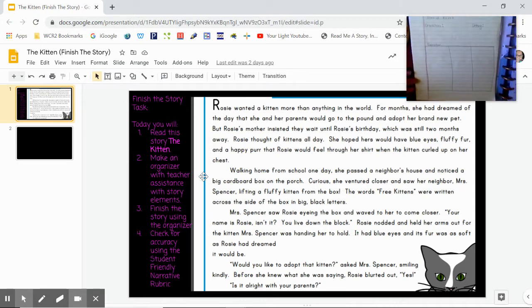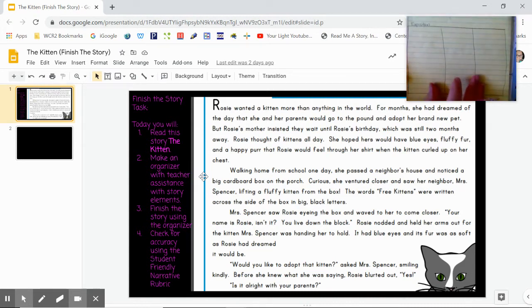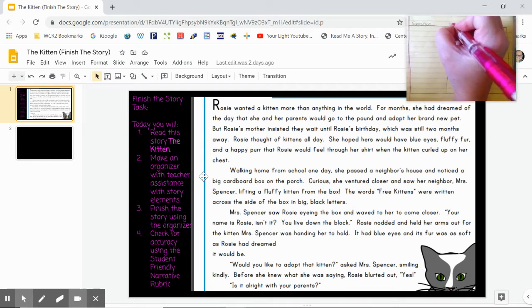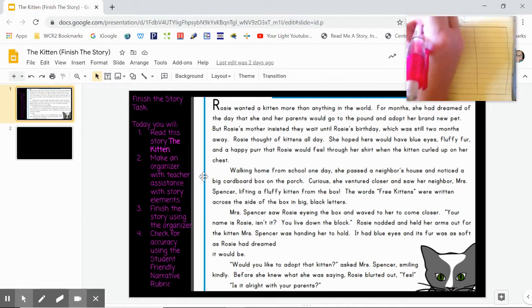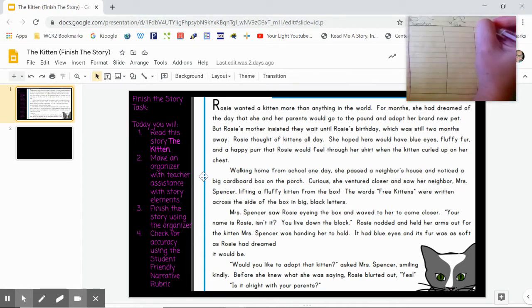Exposition. And I'll move this around so you guys can see once I get to that part. But for right now, you should be drawing this organizer with me. So this is going to be your middle. And we know that our middle has a few things. It has our rising action, it has our climax, and it has our falling action. So this is the middle part here. The exposition is this part here, and our story arc, and then of course our ending or our resolution is